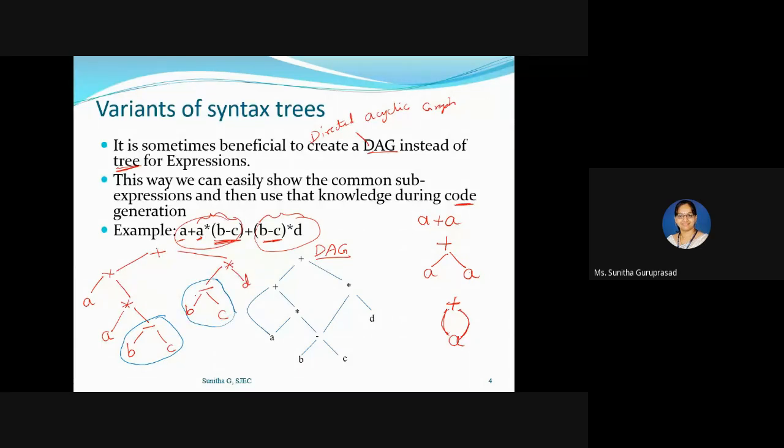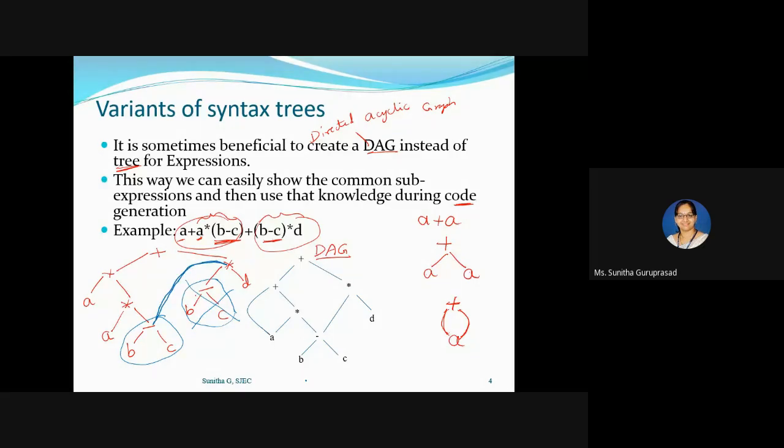Instead of repeating it twice like this, you can see this is anyway connected to this, right? This is connected to B minus C. So what I can do here is remove one of these parts. I can directly connect this to this. That is what you can see here.